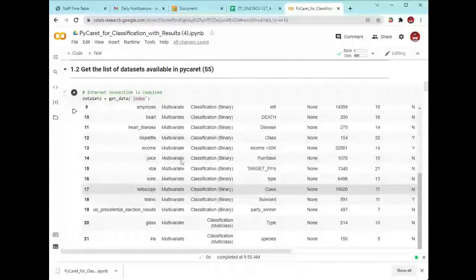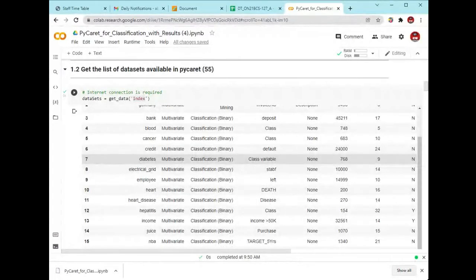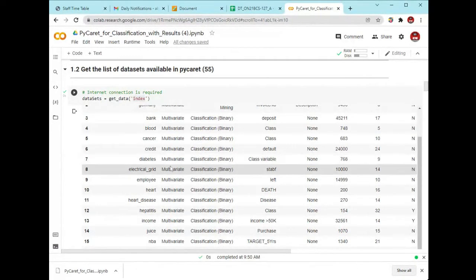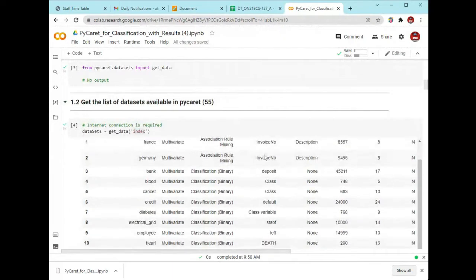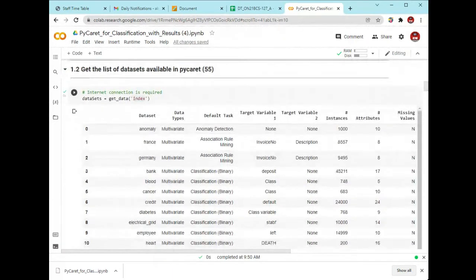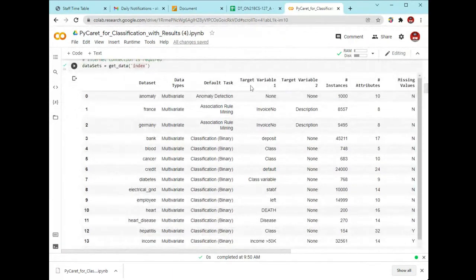When you scroll up, you will see this diabetes data set is present at line number 7, and then you will see the heading of the column. This is target variable 1 and this is target variable 2. So in the diabetes data set, what is the target variable right here? The class variable.